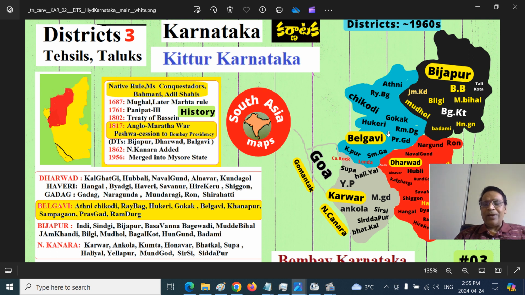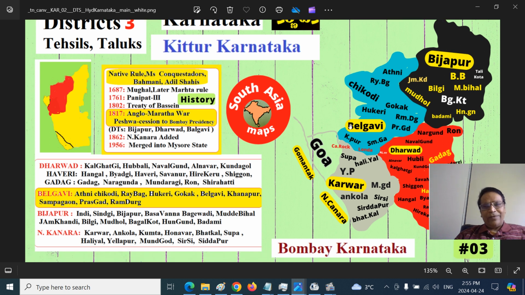to the British. And the British added it to the Bombay Presidency, and this was called the Carnatic Division of Bombay Presidency. That is not the Karnataka province, Carnatic division. That's why Carnatic University is located in the Dharwad region. Eventually, after 1956, post partition and independence, Redcliffe time, it merged into the Mysore state, later called Karnataka state, Karnataka province. So these are the areas, and I will show the districts in a different perspective.